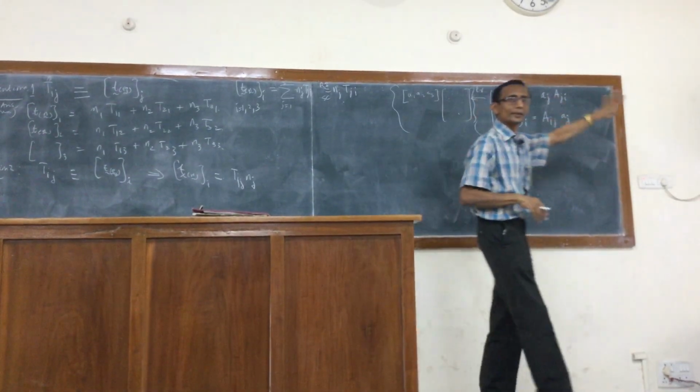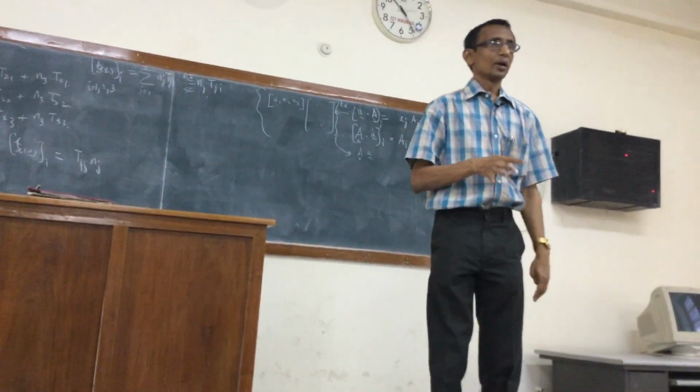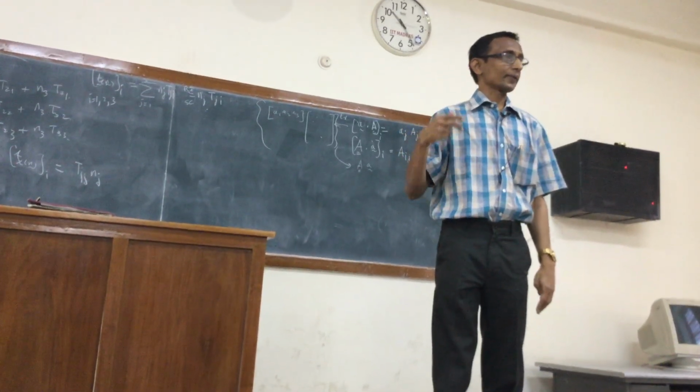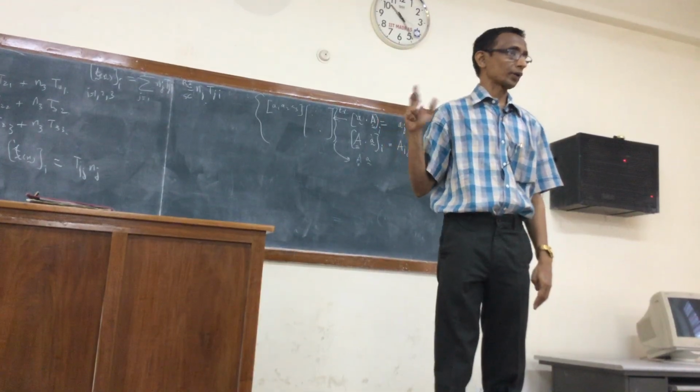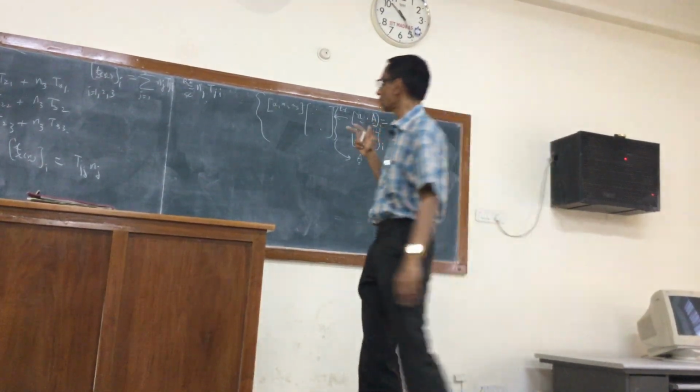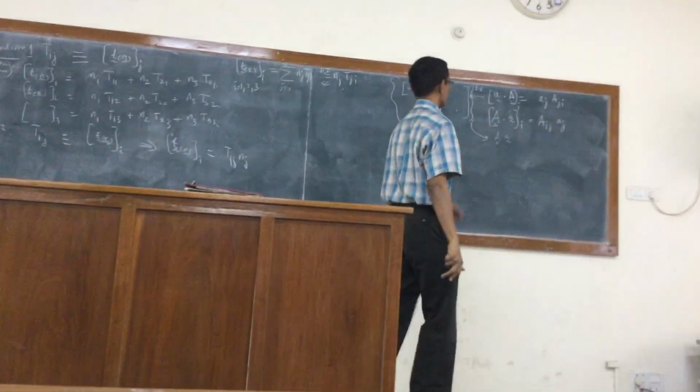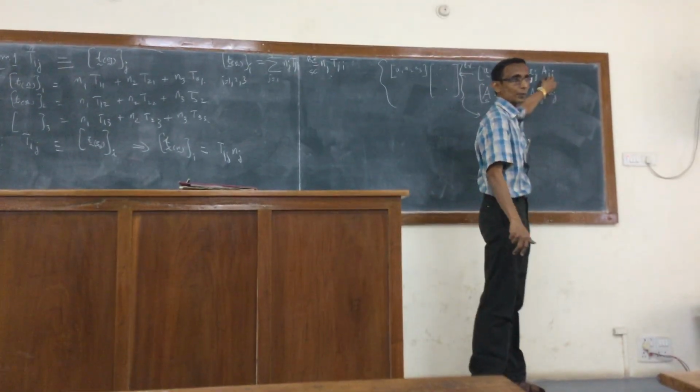All I am doing is writing it in the form of a vector and a tensor, rather than calling it a vector and a 3 by 3 matrix, and calling it a second order tensor, for reasons which will become clear later. But effectively, that is what it amounts to.